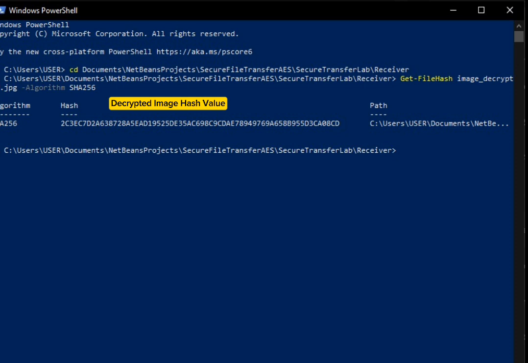Then put the same command, get file hash, but instead of image.jpg, we are using the decrypted JPG file. So get file hash image underscore decrypted dot JPG, and then use the same algorithm as we used for the previous step, SHA-256. So here we can see the algorithm is SHA-256 and the hash value is